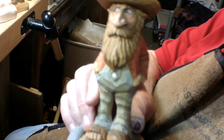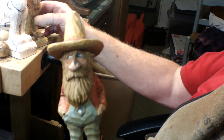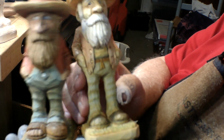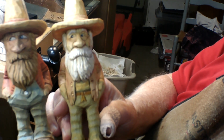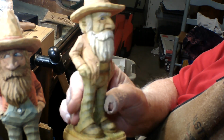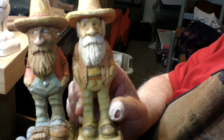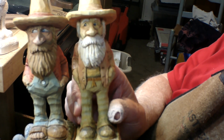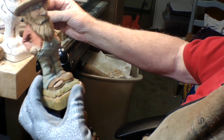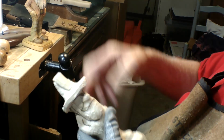This is the original right here that I did, and then I did another one, and I just lengthened his legs and put different clothing on this one here, and then he's just a little bit different. But this is what I'm going to do for the next few videos, probably 4 videos. So I'm going to set these two guys over here, and then I'm going to get started carving away at